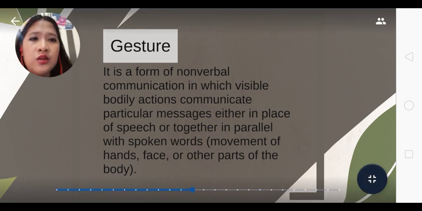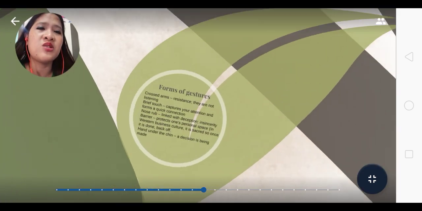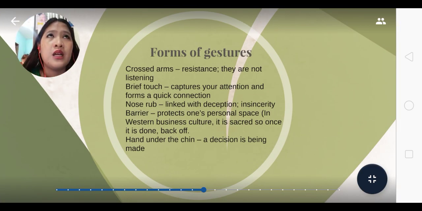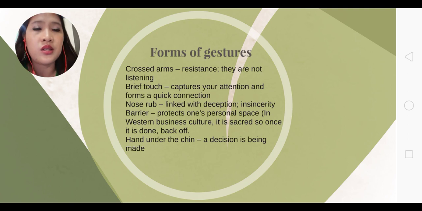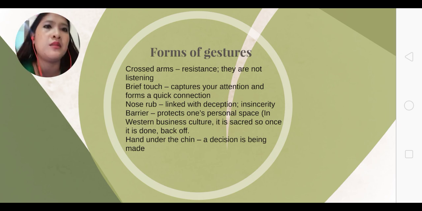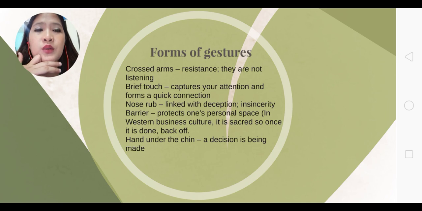These are supplemental and supportive and could actually work on their own. So we also have micro gestures, but this could be in a different topic. But here are a few forms of gestures that you could consider. When you see someone crossing arms, it means that person is closed to the concept. The person is resisting. They are not listening. They do not want to listen.